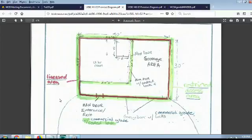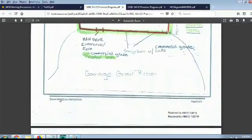And I don't know if you're looking at that same drawing that I drew. Maybe that was something that I drew to begin with, but there shouldn't be any problem with understanding where my storage area and my grow area are, two separate areas in the drawing. No, I see that. The received date on this is August 18, 2017. What I am saying is that